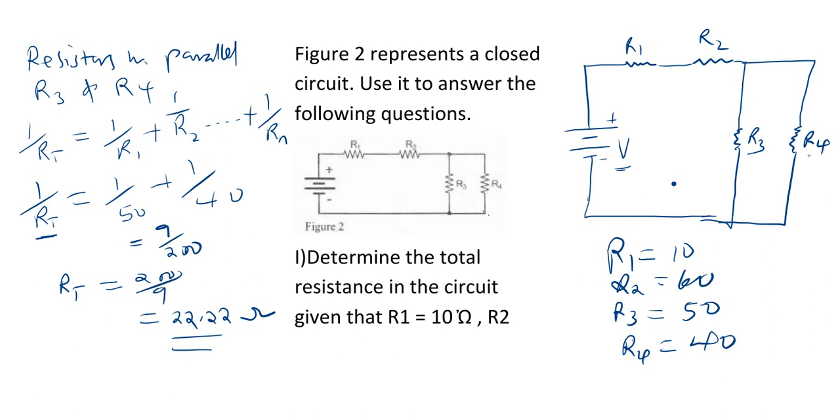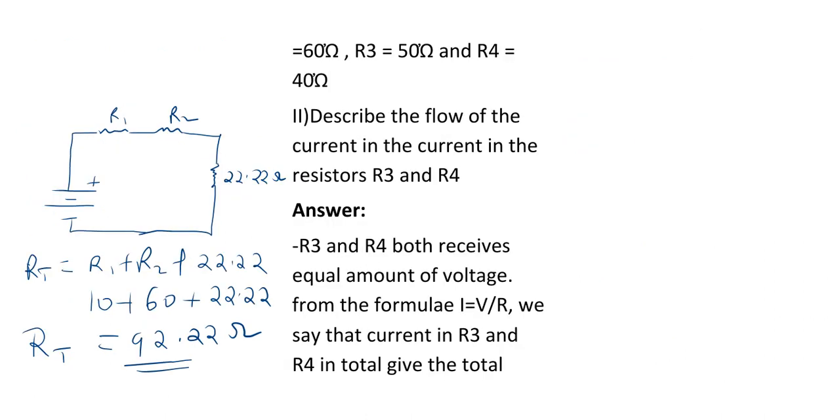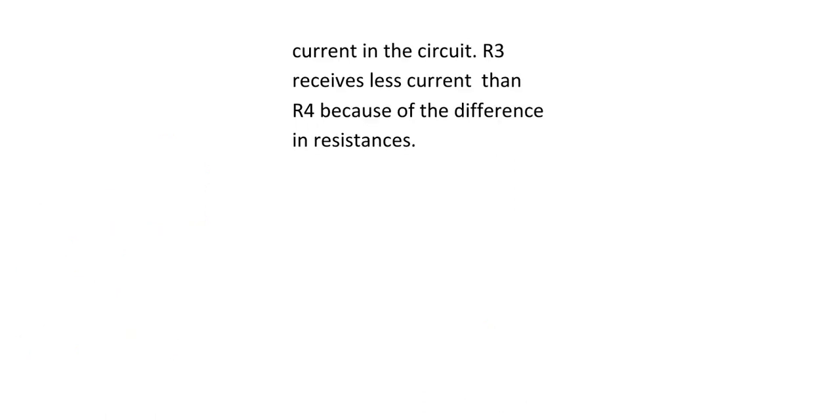So if the voltage supply source is 40 volts, R3 will have 40 volts and R4 will have 40 volts. That is why we say they receive an equal amount of voltage, and from the formula I equals V over R,